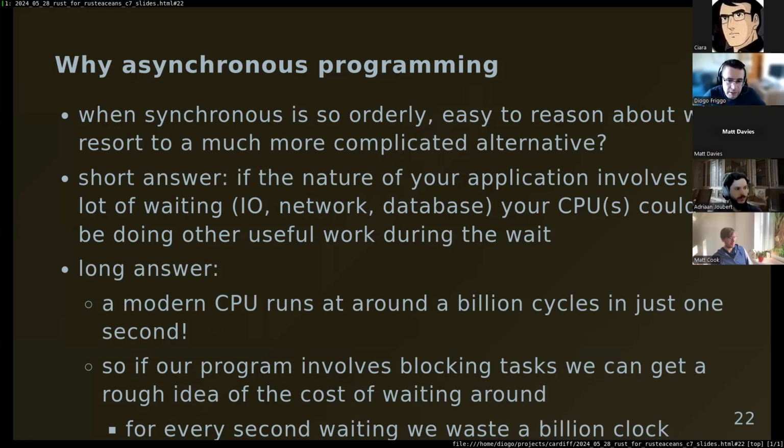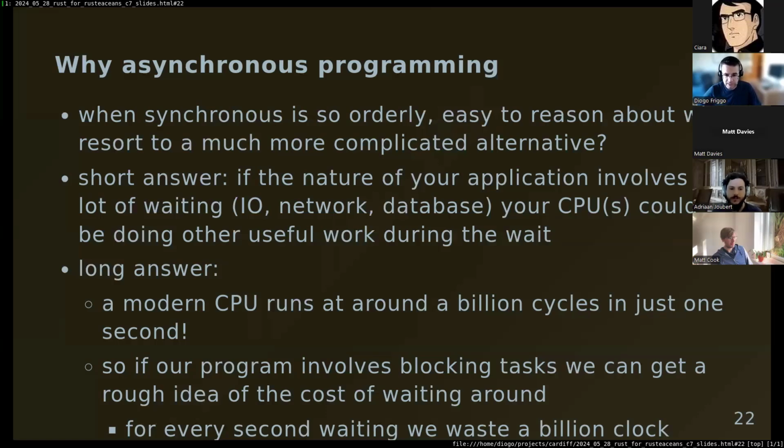And here I want to make this little analogy to give you a more palpable understanding of how much waiting we really do. So here I mentioned that a modern CPU can do on the order of a billion cycles in just 1 second. So in one clock cycle, you could do one instruction. And so this is a measure of roughly how many operations. It doesn't map one to one, but you can imagine that this is how many operations your computer can do